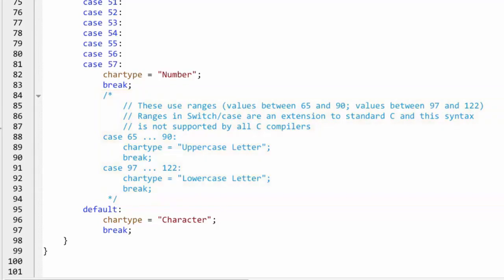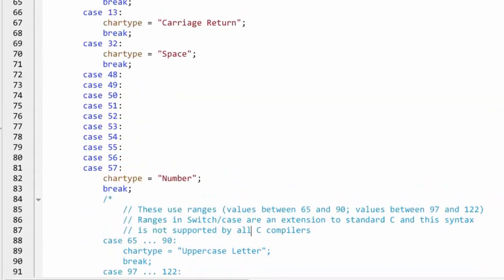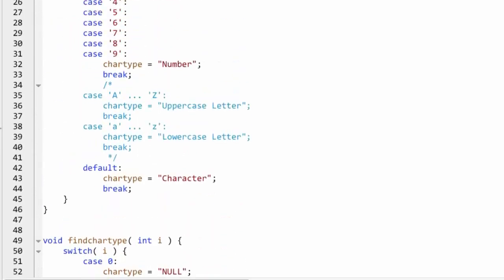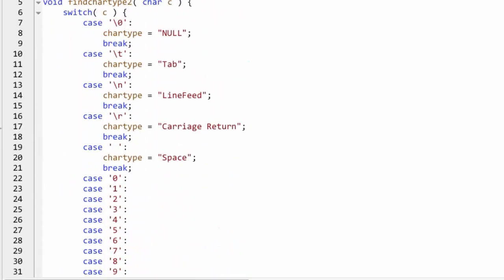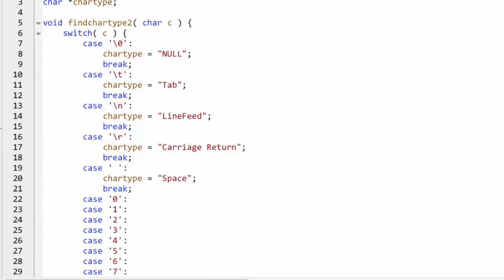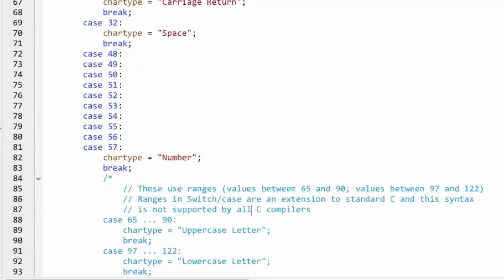Now in C, the char data type is compatible with an integer data type, since the character is defined by an integer value, and that after all is the whole point of this program. Now here you see an alternative implementation of my character categorizing function. I've called it findCharType2. And this time, when an int argument is passed, and you can see down here in my for loop,